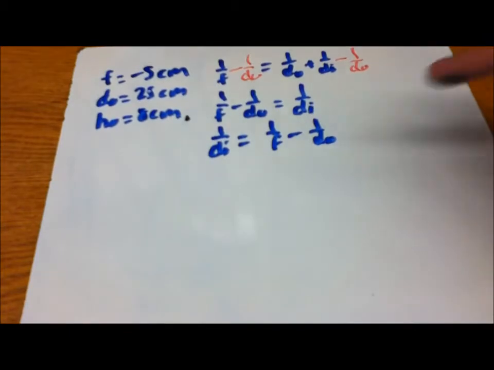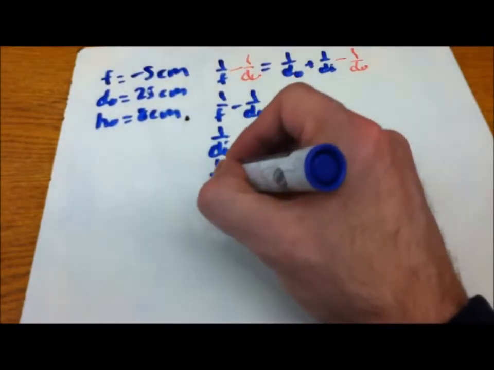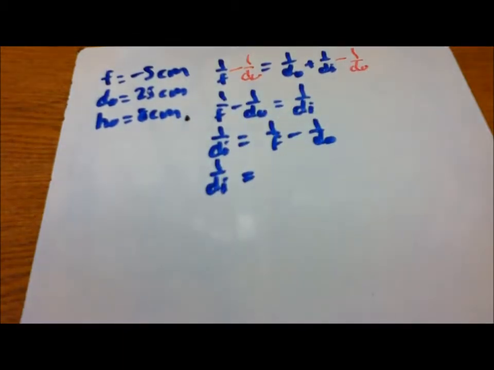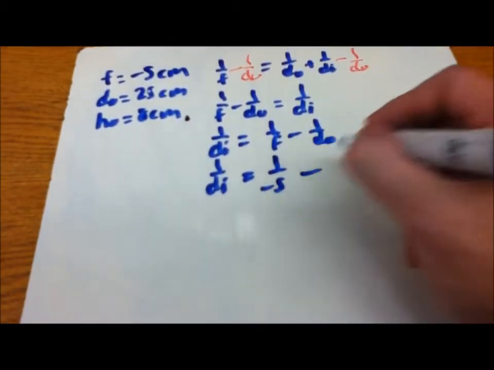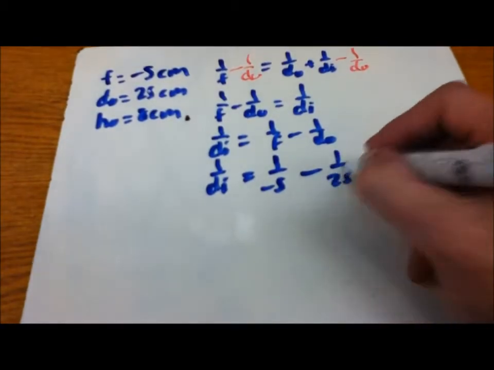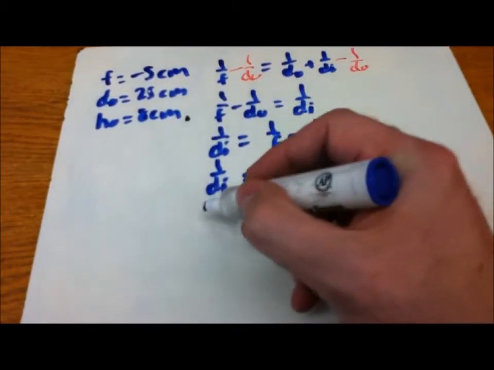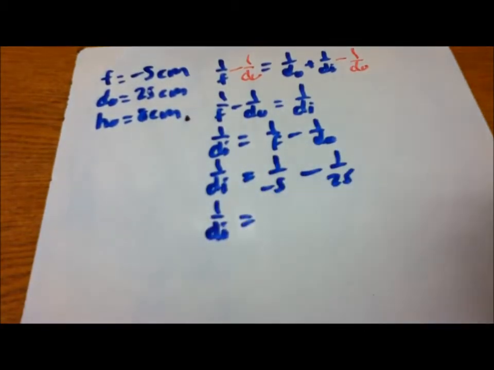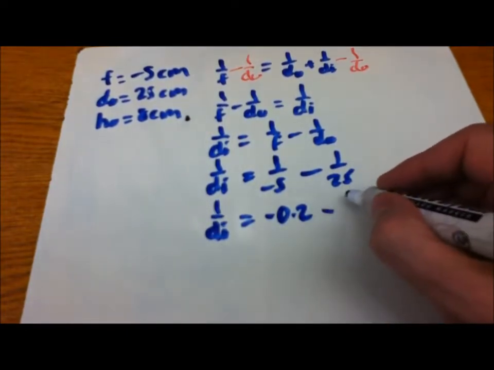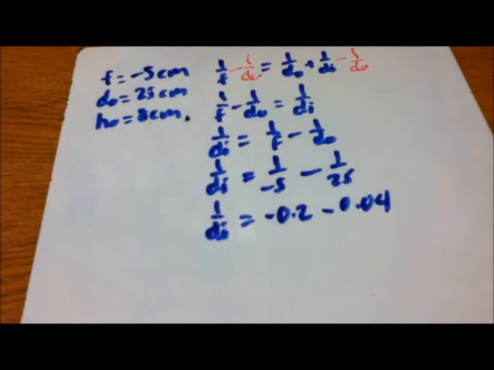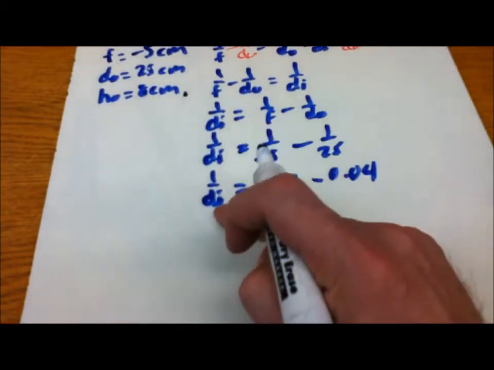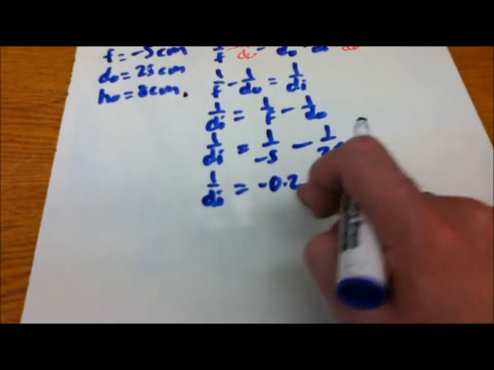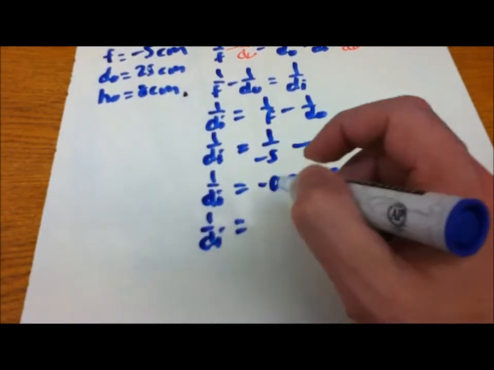And now we have this form that's being written from left to right, and we can fill it in and substitute our values in. So 1 over DI will then become 1 over negative 5 subtract 1 over 25. All right, so when you do your math here and convert the fractions, you get minus 0.2 subtract 0.04. This answer right here then becomes 1 over DI equals minus